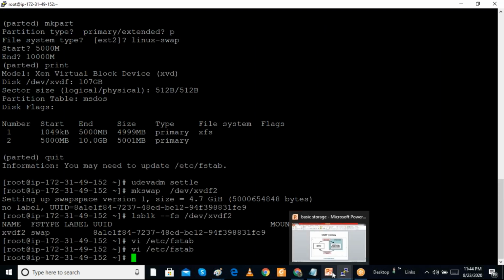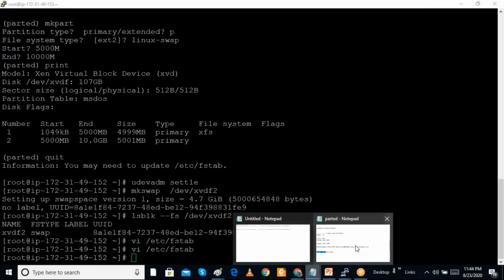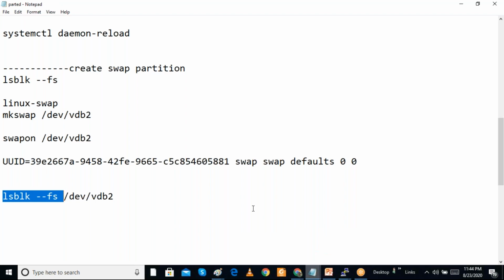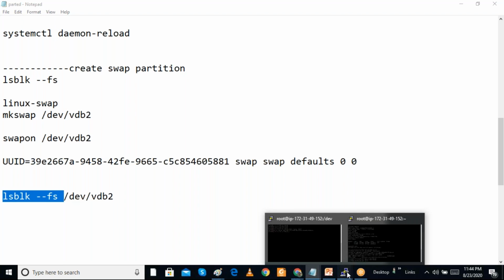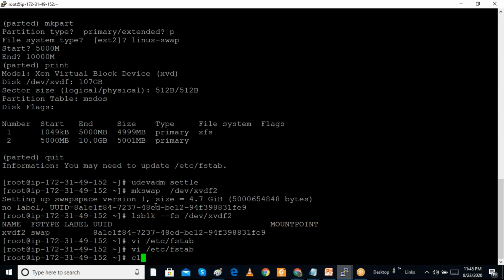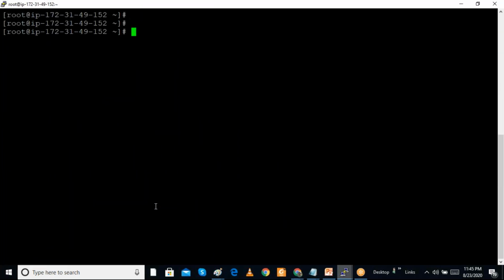Now we have to activate this swap partition. We can check how many swap partitions are available with swapon -s. There is no swap yet, but when you restart, the swap partition will automatically become active.